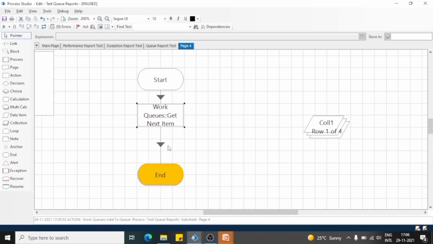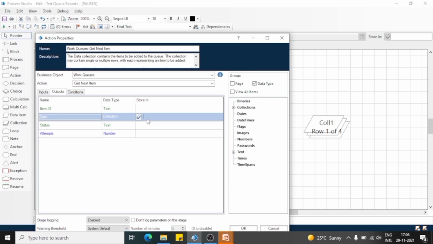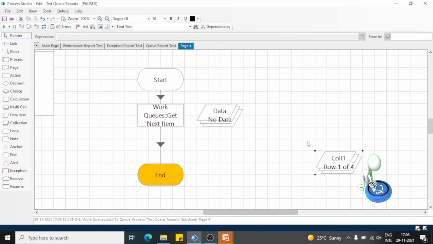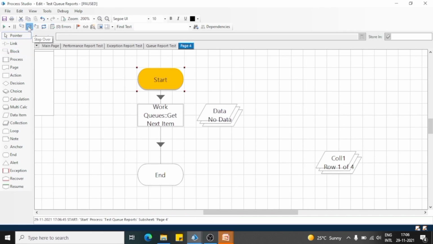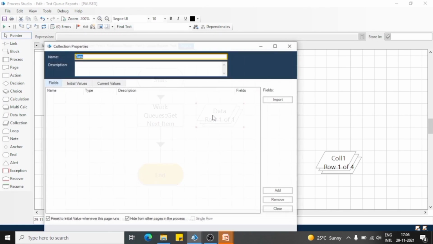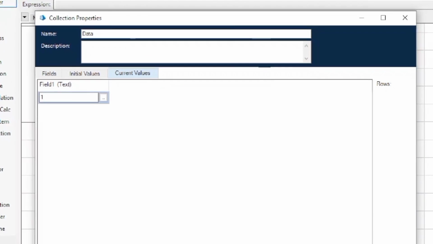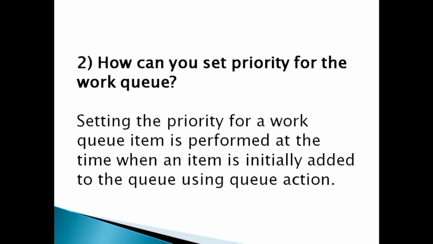Similarly, you can fetch the items with tag Japan, US, UK, etc. We got the data of one item. So this is how we can use tags in Blue Prism. Let's move to the next question.